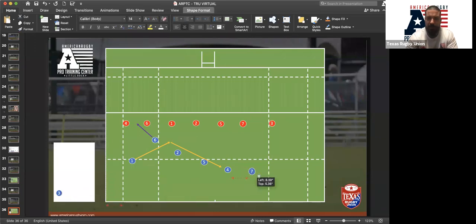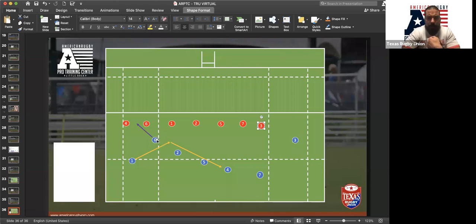Deep switches don't happen that often in games, especially in 15s games. They happen a lot more in 7s. So when you get to the edge, it's a good way. You may have seen that if this 3 comes in here and the red 3 comes across to try and tackle, you may hear the term pull out. So the 3 will pull out and then move the ball back in field. This is just a way for us to continue and drag the defense across and maybe open up these gaps so that the ball can continue going down the line. So really, really easy.